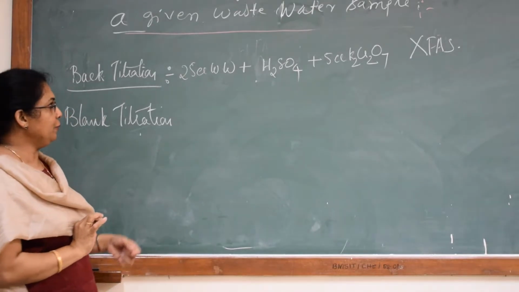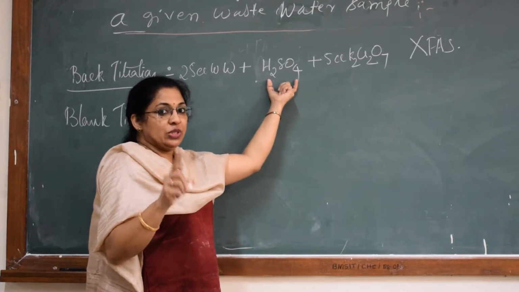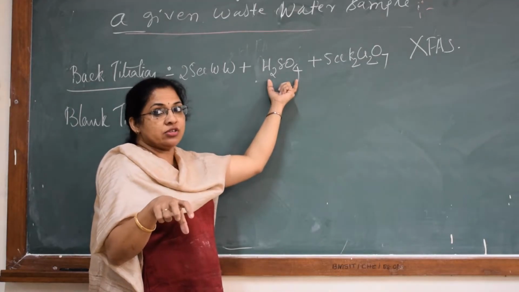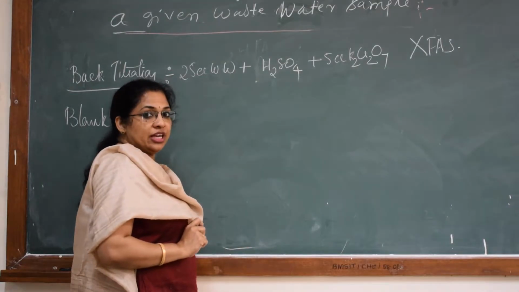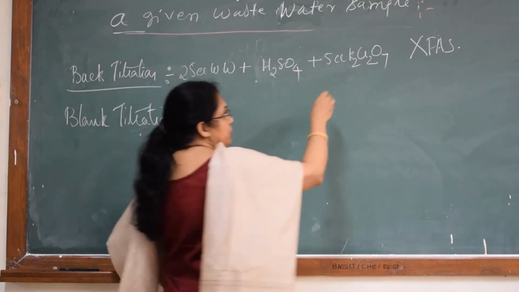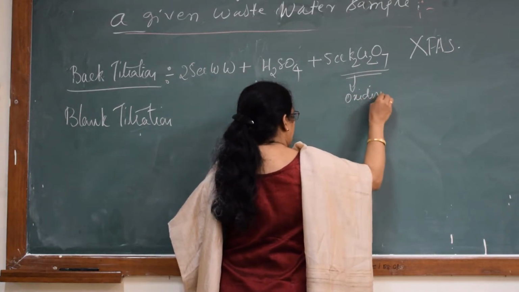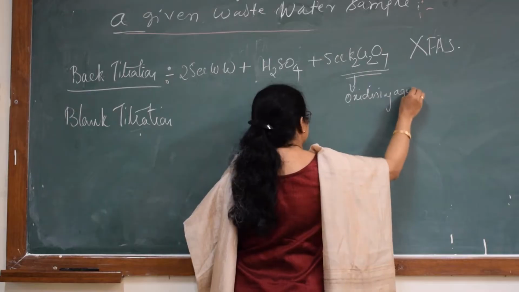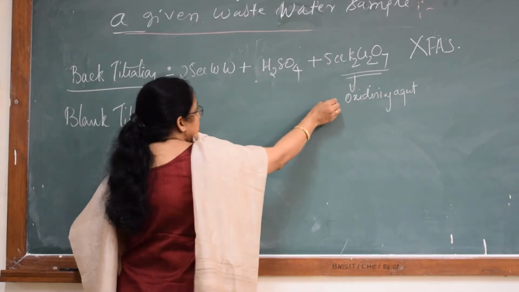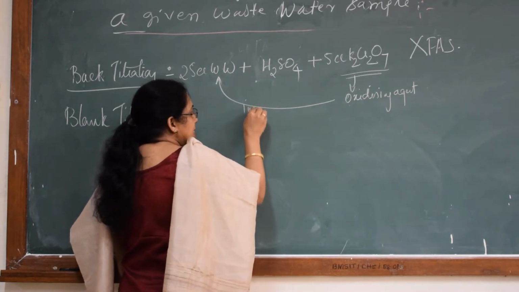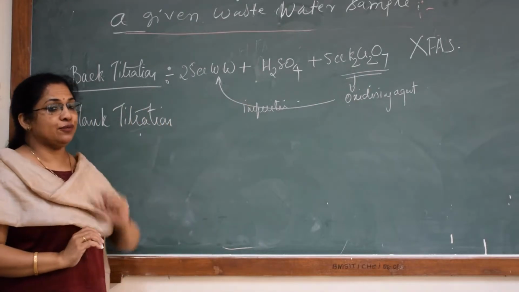Okay, listen carefully here. Here you are adding wastewater. To this, sulfuric acid is present, which is acting as an acidic medium for the oxidation to take place, and you are adding K2Cr2O7. So what happens when you add K2Cr2O7? You know very well K2Cr2O7 is an oxidizing agent. It's an oxidizing agent. Okay. So this oxidizing agent will oxidize all the impurities present in your waste. And I am adding 5 cc of K2Cr2O7.